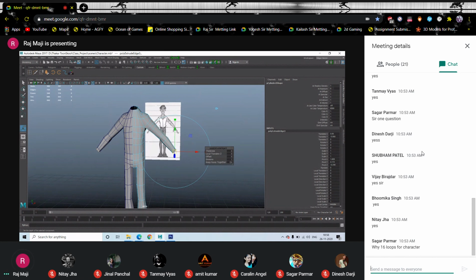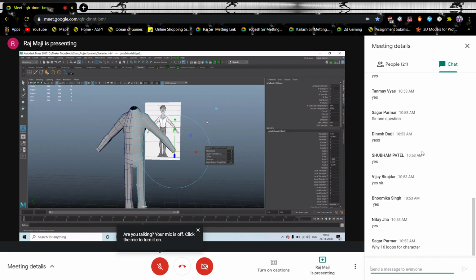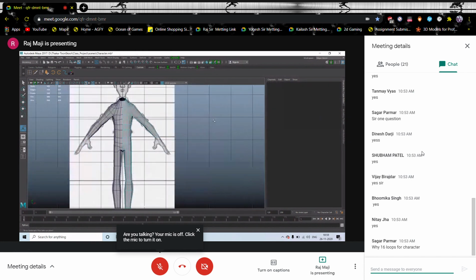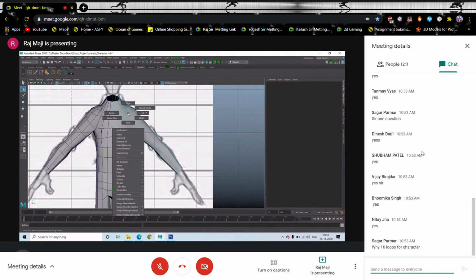T pose means, so like this rigging will be a little bit tedious. For each and everything you need to give the orientation to the joint according to the orientation direction of the arms. But if it is T pose, then automatically it will be a 90-degree angle. So the default position of the bone it will be, right? That is the reason we will make the arms in T pose. So for that, what I'm going to do, I'm going to the front view and taking the lasso tool,